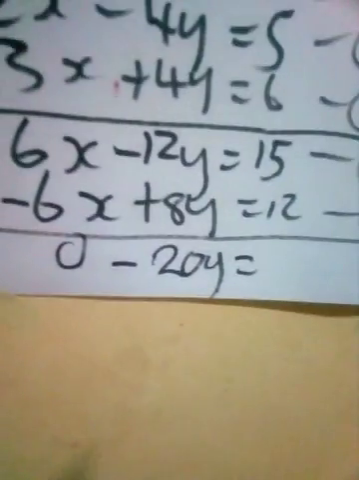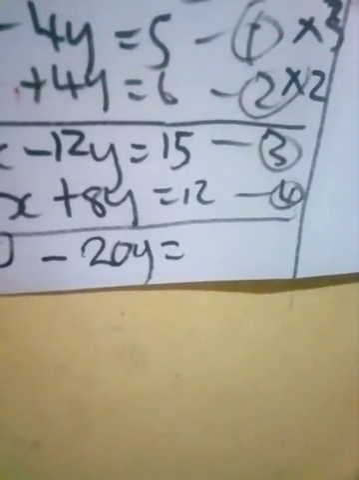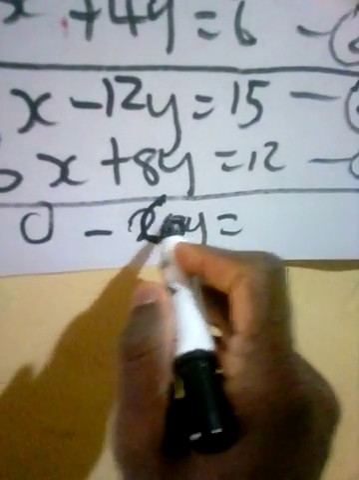Oh, I'm adding, let's not forget I'm adding, minus 12 plus 8, that will give me minus 4. And 15 plus 12 gives me 27. That gives me minus 4y equals 27. If I divide both sides by minus 4,